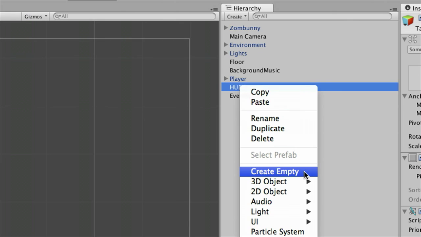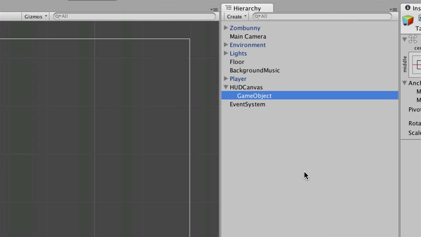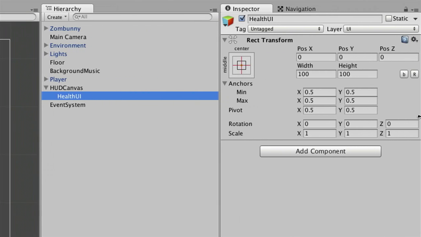So I'm going to right-click and go to Create Empty Child, and I'm going to rename this game object Health UI, capital H, capital UI. Now, the advantage of adding a child directly to this rather than making it separately and adding it is that because we selected that HUD canvas first, Unity knows that we're trying to add another UI element. So instead of the standard transform component that it adds to any new game object, it's adding a rect